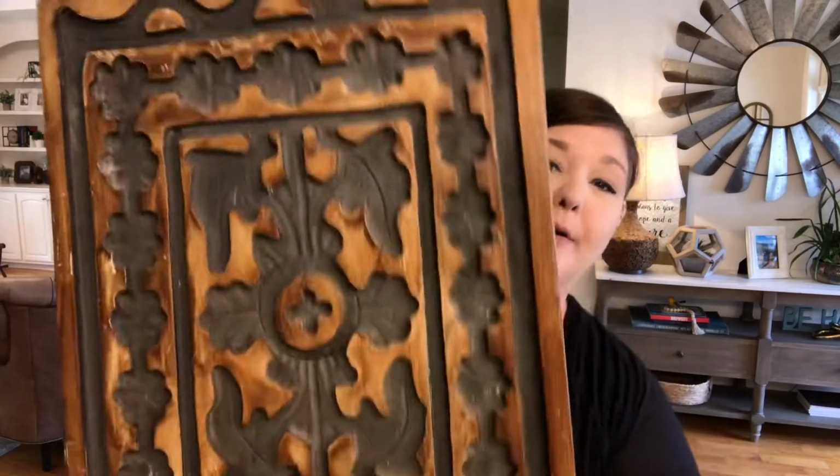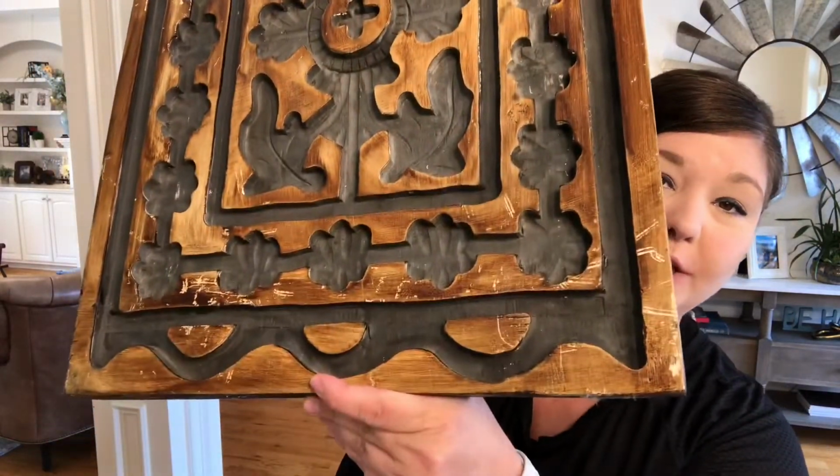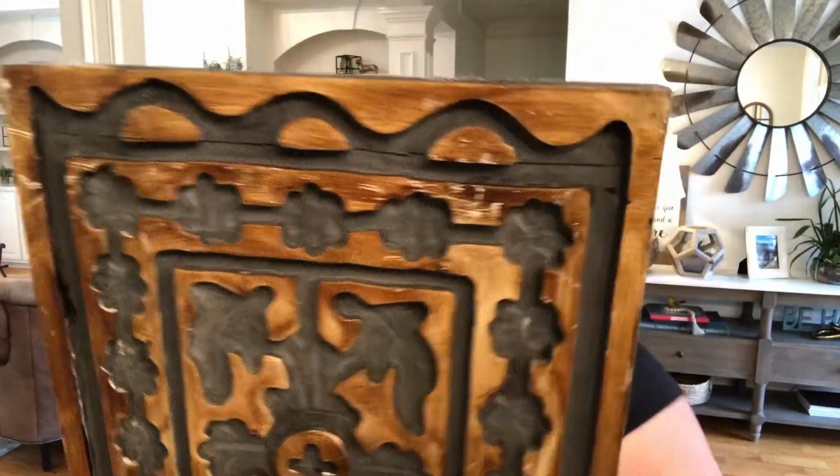So I finally found a couple pieces to mix in with some of the picture frames that I have, and I'm very excited. We're going to try to hang those later today. This is really, really heavy, but Pottery Barn sells these wooden pieces. It's quite large. I don't know if it has the total dimensions back here. And it says it's an art mural, but it is spelled J-A-I-P-U-R, Jaipur,